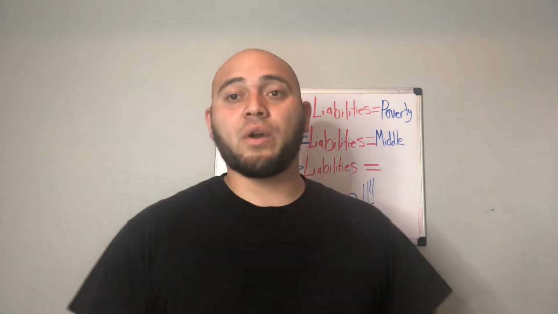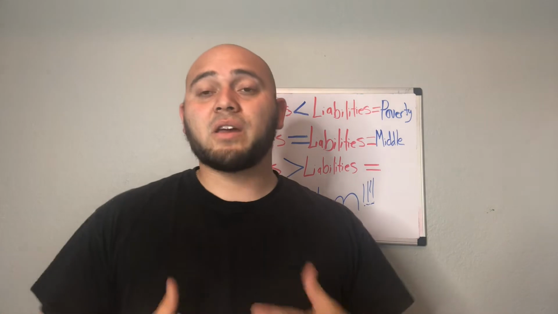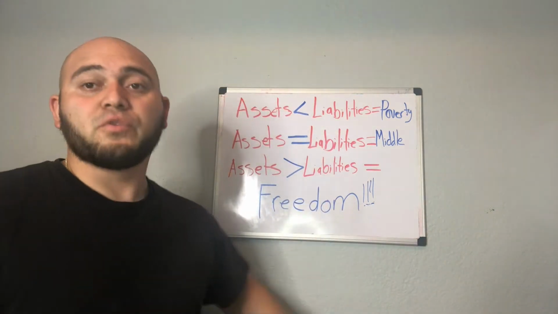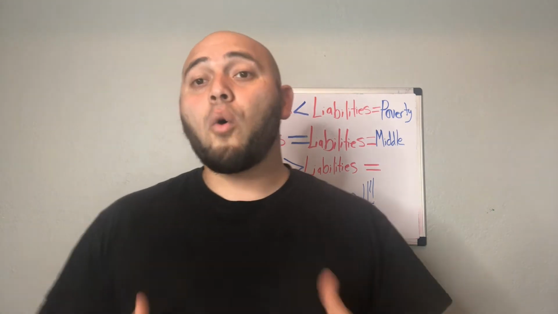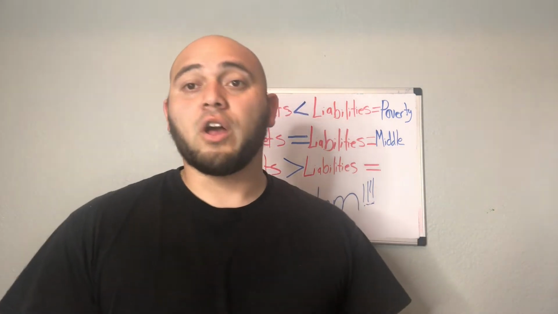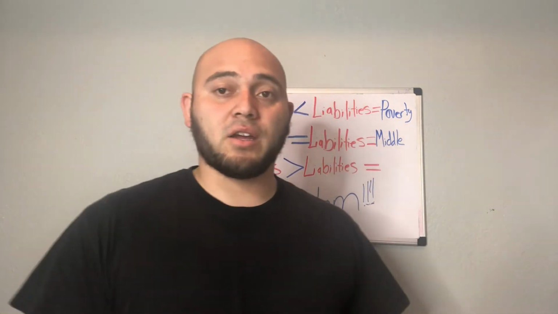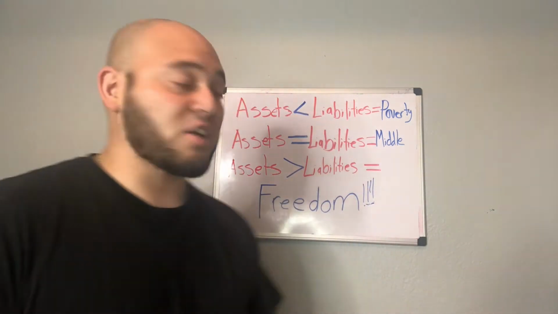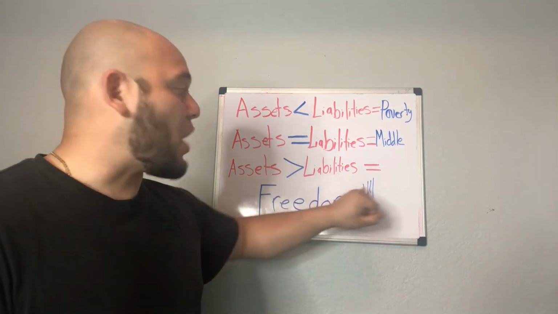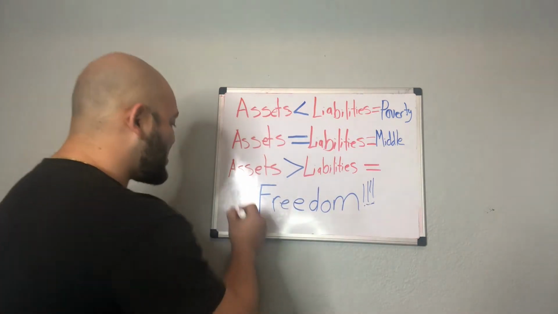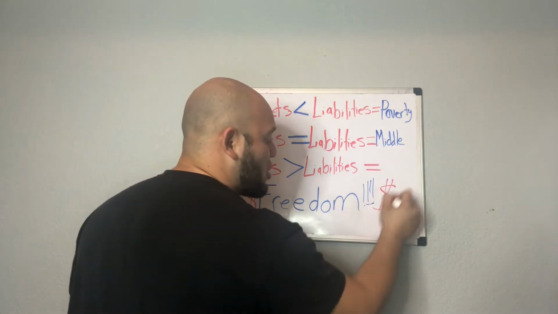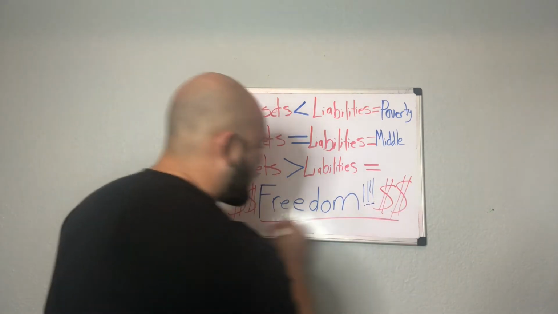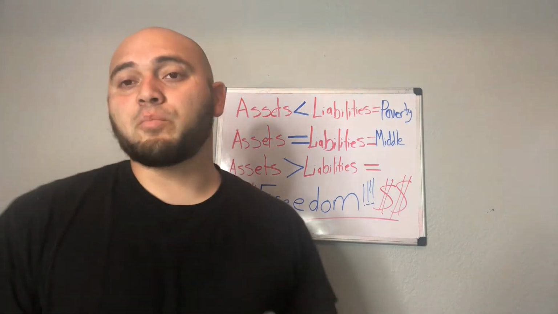When it comes to money, when it comes to growing as a person, to becoming financially free, you need your money to work for you, okay? You should not work for your money. Always have your money working for you. That's the most important employee anybody will ever have: money. You have to know how to control your money. You have to make sure your asset column is outweighing your liabilities, because the more assets you have, the more cash you will have to make sure you are financially free. And that's the most important lesson.